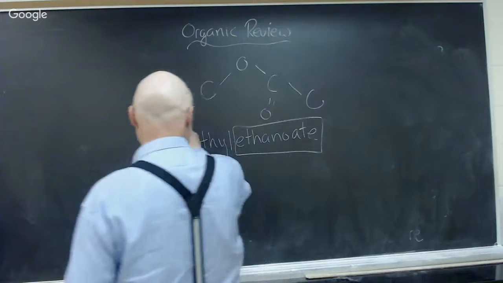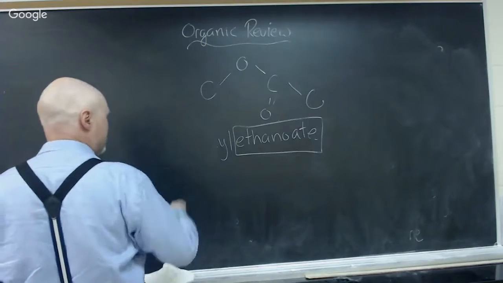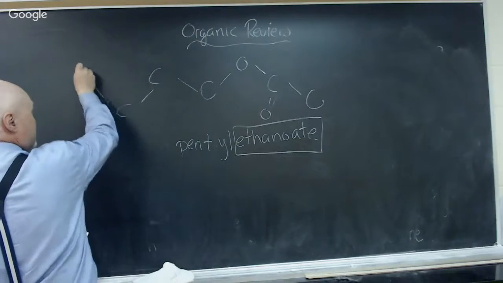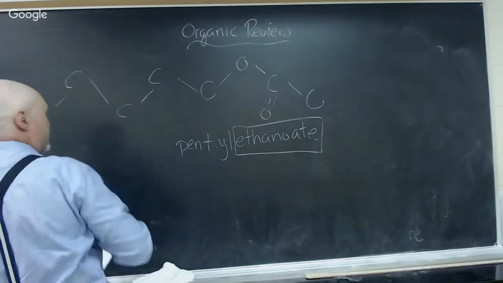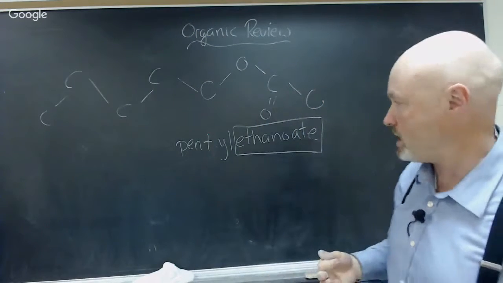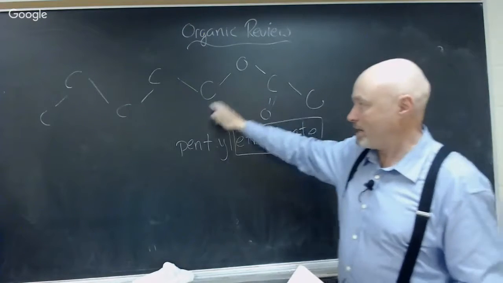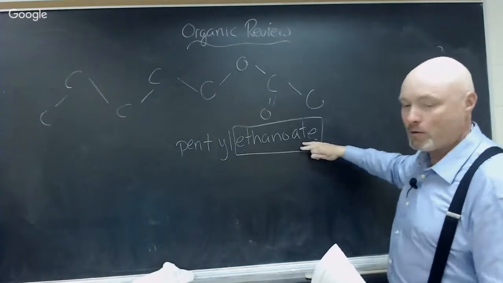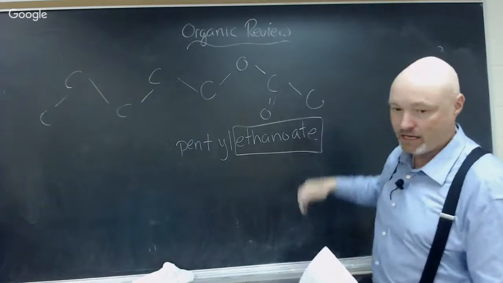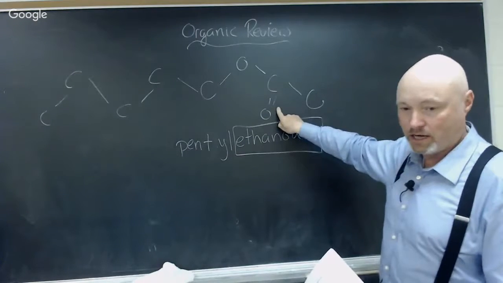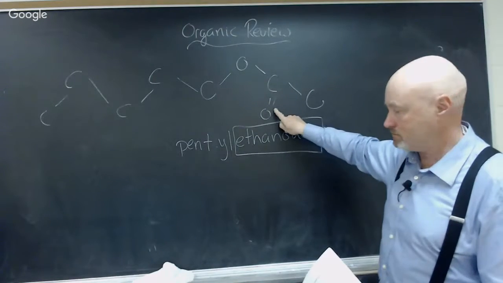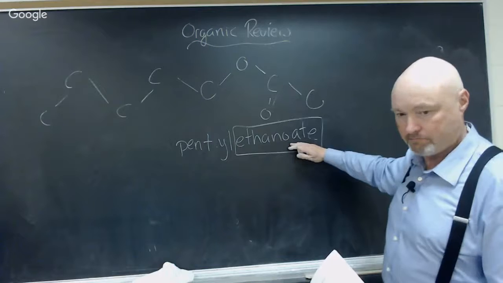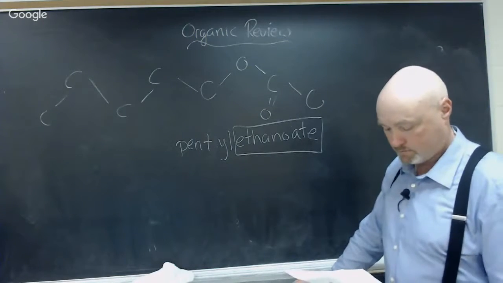Okay, so we could actually convert this into 1, 2, 3, 4, 5. We could convert it into pentyl ethanoate. So my longer backbone is out here to the left, but the double bonded oxygen actually goes on this ethane part because the double bonded oxygen is right there. Okay. So whatever the suffix is on is what the double oxygen is connected to? Exactly. Yeah. Okay. All right.